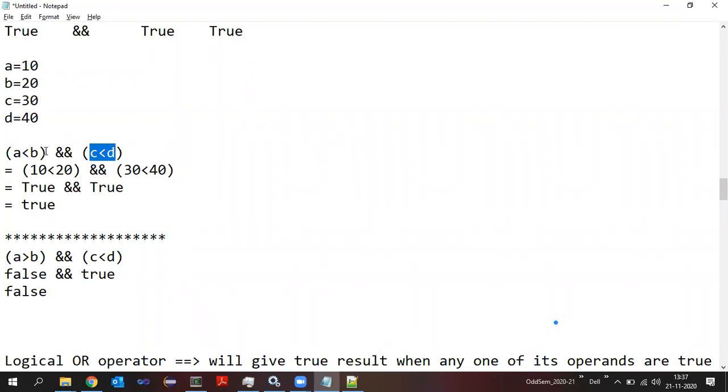If you look at this, what is it actually? It is a relational operator. The second operand is also a relational operator. Why relational operator? Because when this is evaluated, you get the result in the form of true or false. So to remember here, for logical operators, the operands are always truth values, and most of the time, whenever it is a logical and or logical or, the operands are always relational operators.